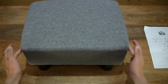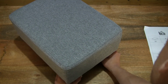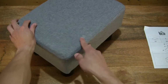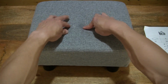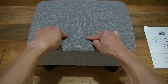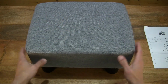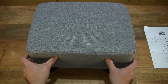And just giving you a look as it is, slightly wobbly, but that could be due to the slight unevenness of the table, but nonetheless giving you a look as to the firmness or density of that foam, just pushing into the material on the sides and on the top. So the top does have a very firm feel to it, just pushing down with my hands, of course, and on the side right there,